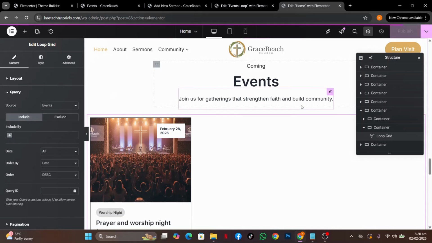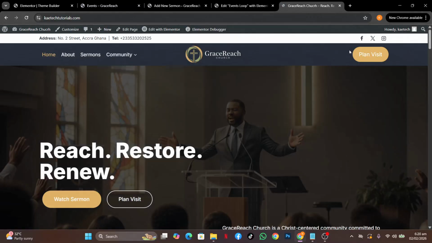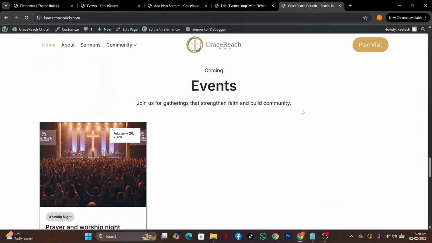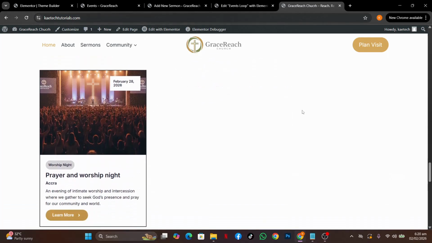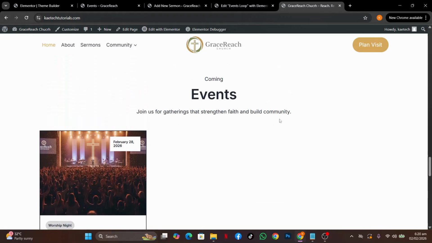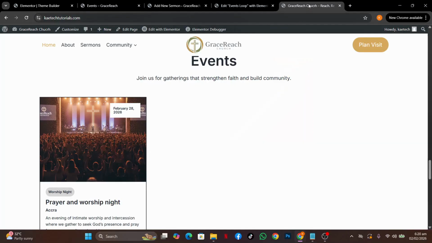So let's publish it over here. Let's take a look at how it's going to look like on the front end. So we scroll down over here, and we have our event page showing over here. Okay, so this is the event over here. It seems like it's still showing 3 events instead of 2. So I want to see why it is doing that. So I'm still going to edit with Elementor to see why the loop is still showing